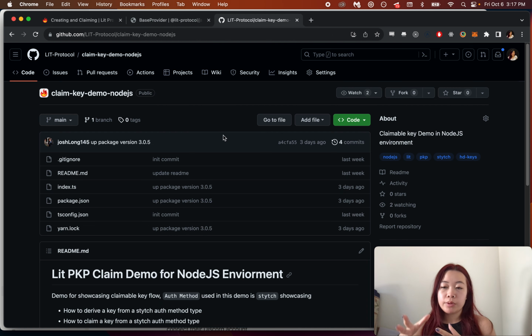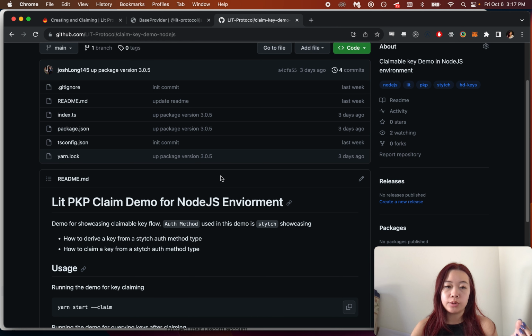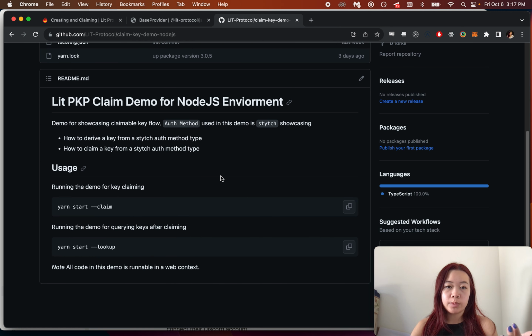The demo that I'm going to go over with y'all is on the Lit protocol repository, where you can go to claim key demo node.js and set up your own claim key demo. This one is on the terminal only, so for a hackathon or for any other project that you might be building, we recommend that you also build your own front end for being able to take in